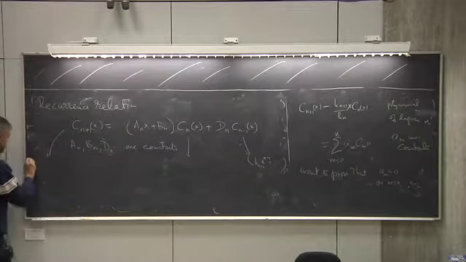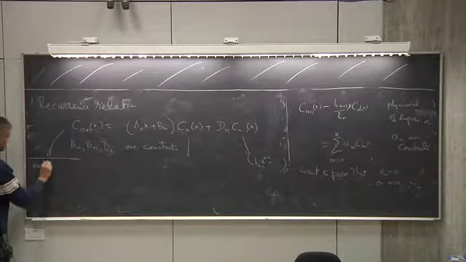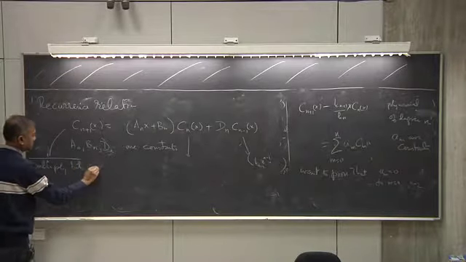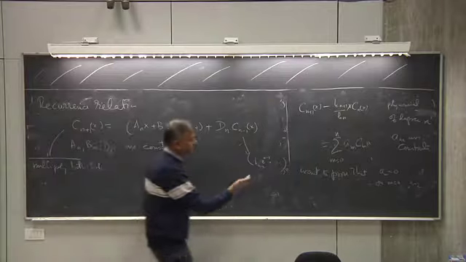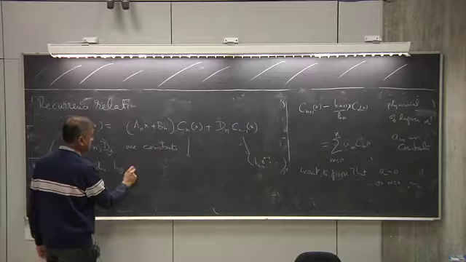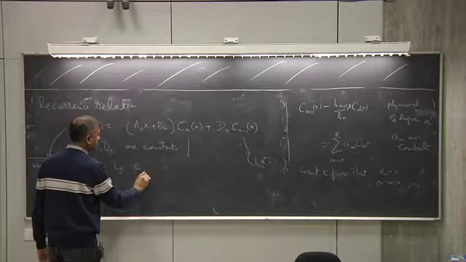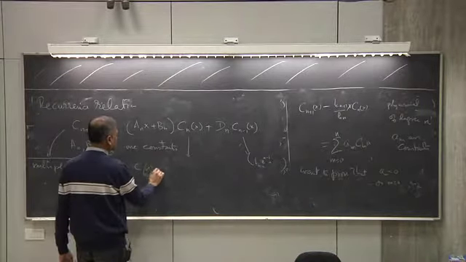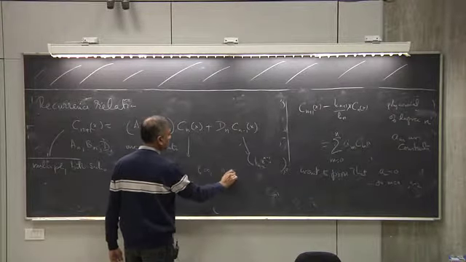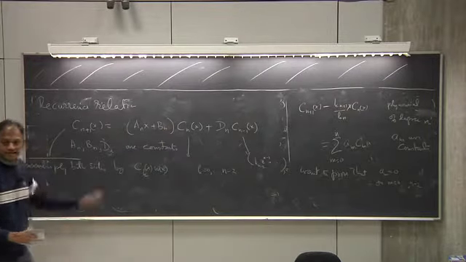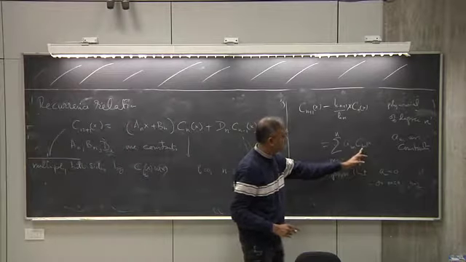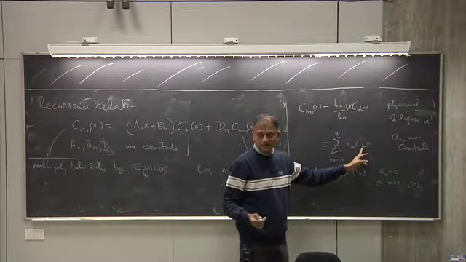So multiply both sides by c_k(x) times w(x) for k between 0 up to n minus 2 and integrate. When I do that on the right hand side, because they are orthogonal polynomials, the only